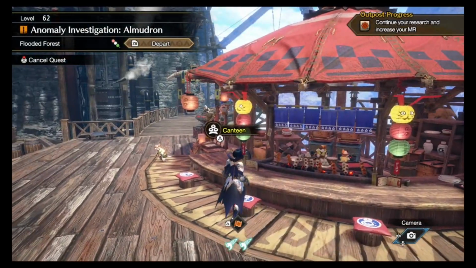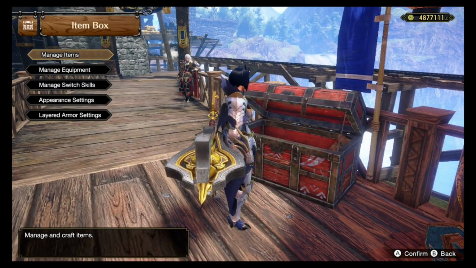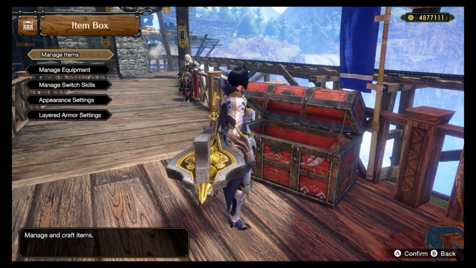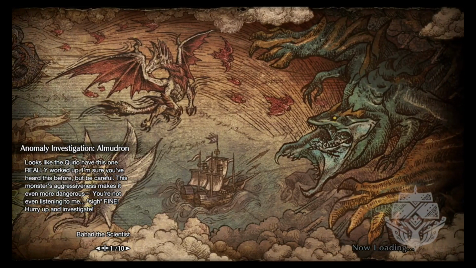Anyways, I'll let the hunt play out, but if you're not going to stick around for it, I'll just let you know in advance that I did not have to use any healing items during this hunt, and I spent the majority of it at maximum health. So Peak Performance was pretty much active throughout a